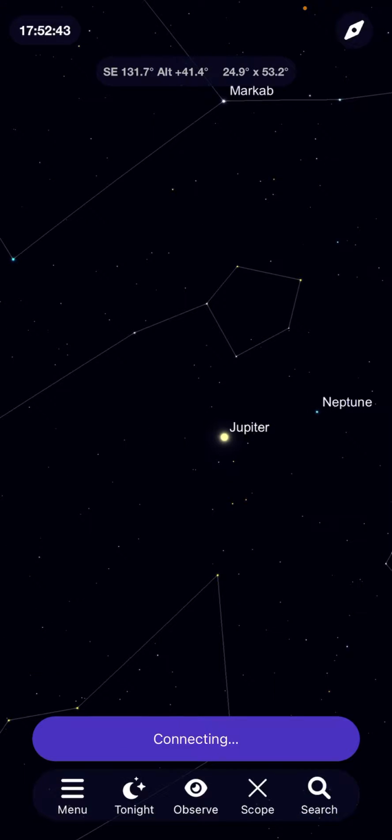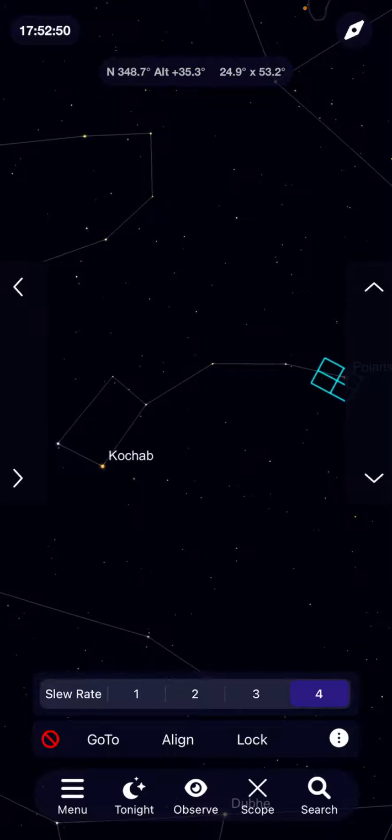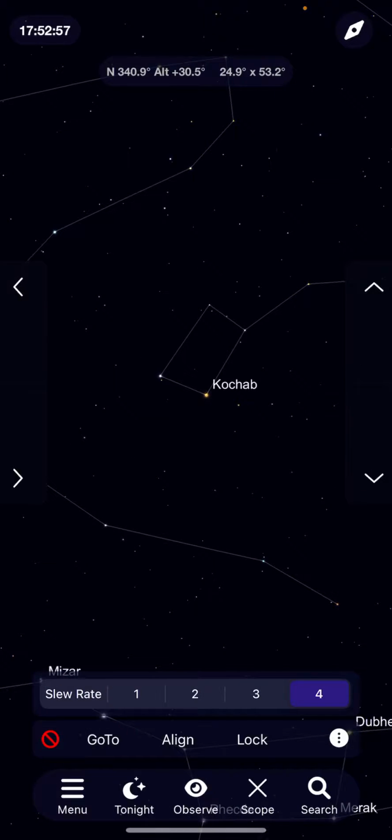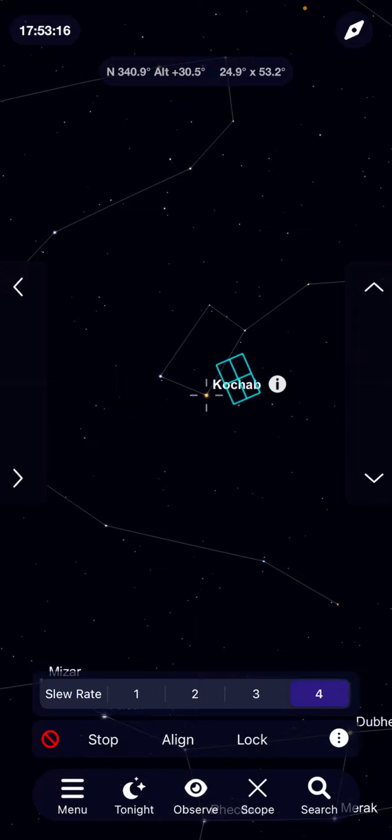And it's at Polaris. So once the mount has been initialized like this, you can just drag the screen around, select an object, and click go to. In this case, let's do it. I just clicked on that star. I'm going to click on the go to button at the bottom left, and touch on the go to. So the scope is now slewing in the right direction,